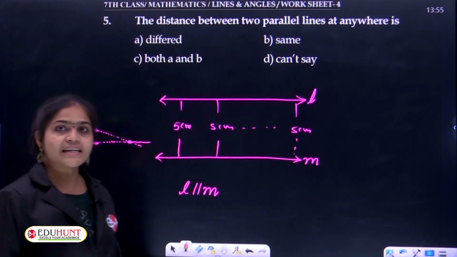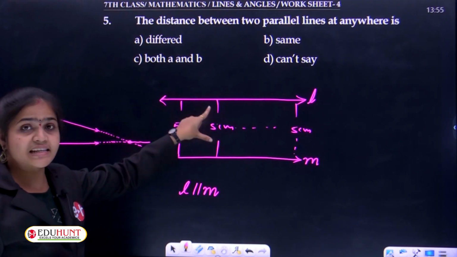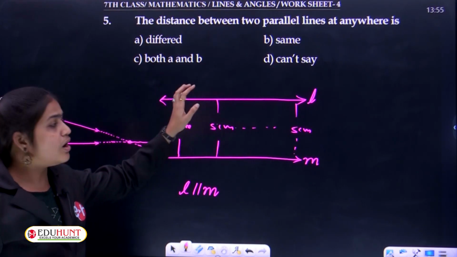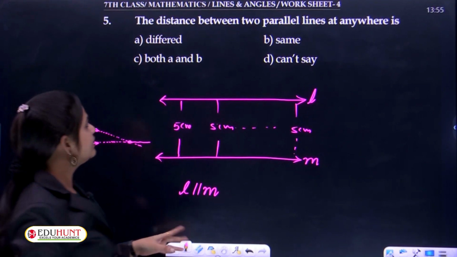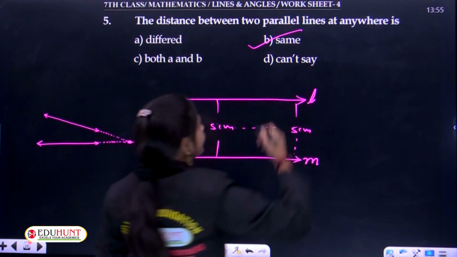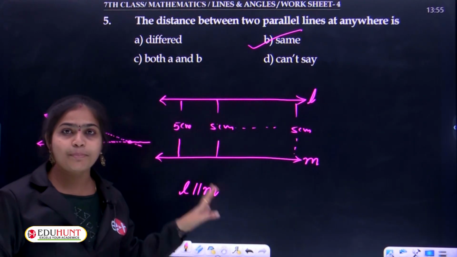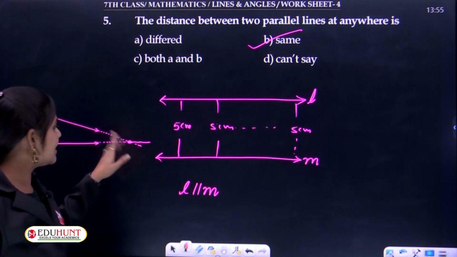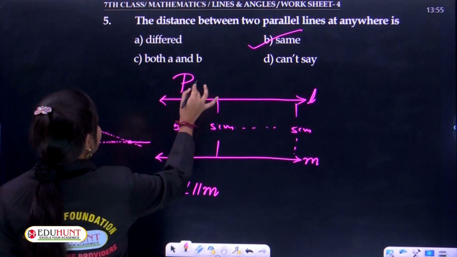From this, what can we say? The distance between these two parallel lines on the plane is always the same. If it is not the same, then those two lines are not parallel lines. Somewhere they may meet. Understood, ma? Yes, these two are parallel lines